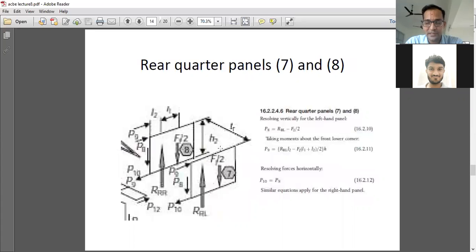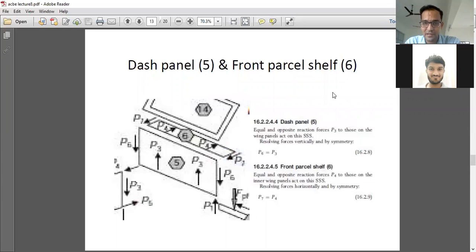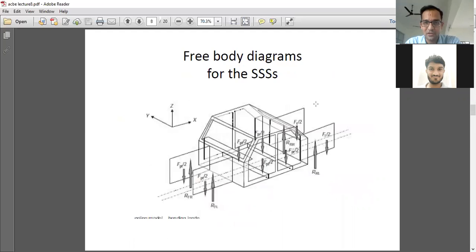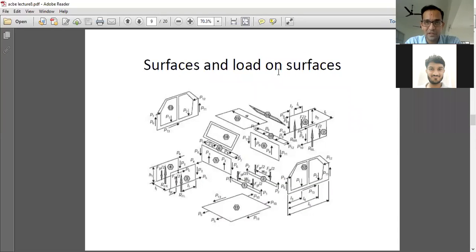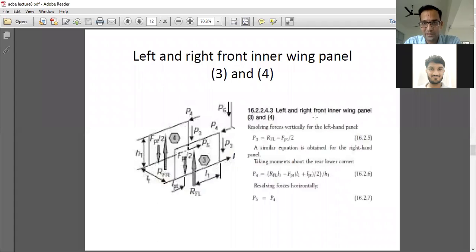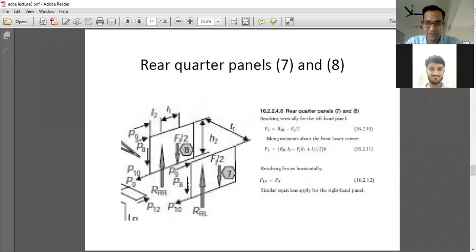So as we go on discussing the rear region, rear quarter panels 7 and 8, where have been those panels? Those panels have been over here. So you need to be clear what we are observing and why we are working on these components individually. We need to work on these components individually because as we go on calculating the forces, we will be able to stabilize or make the forces in equilibrium, or we can define equilibrium of forces over there by designing a component with proper strength. So these are the components 7 and 8.